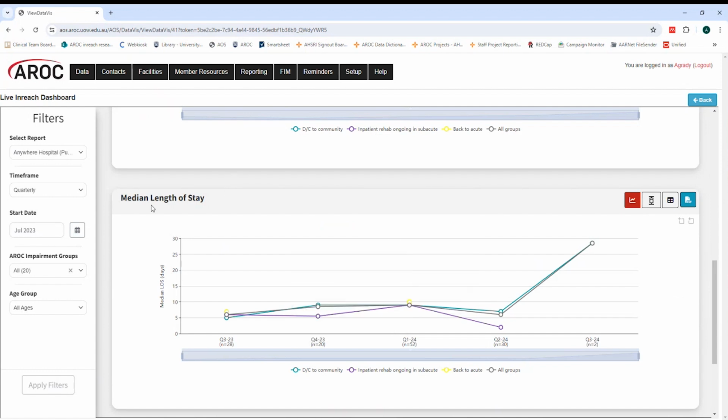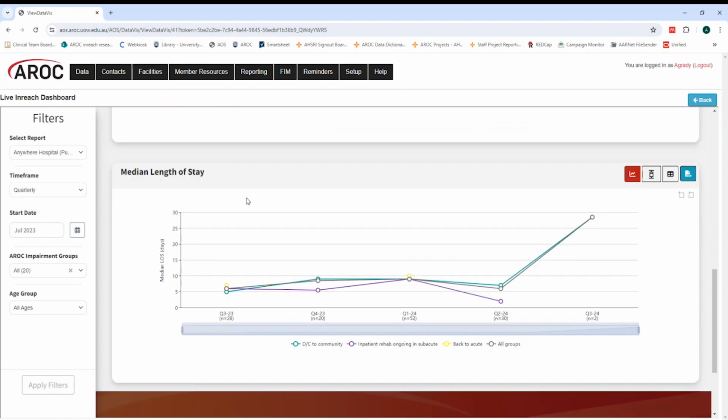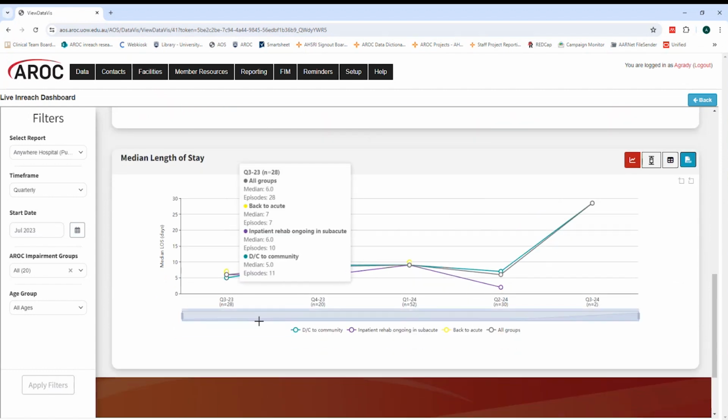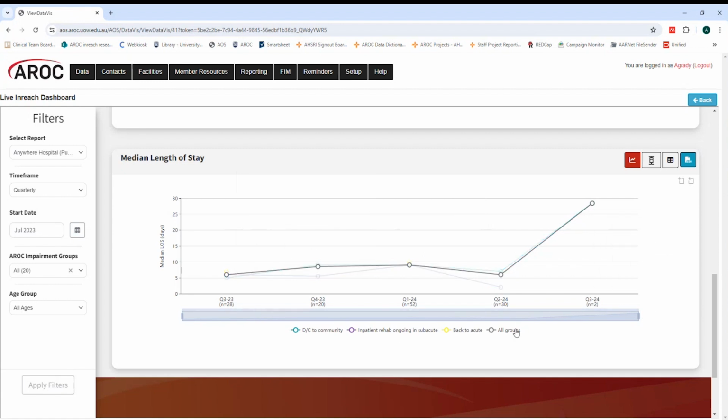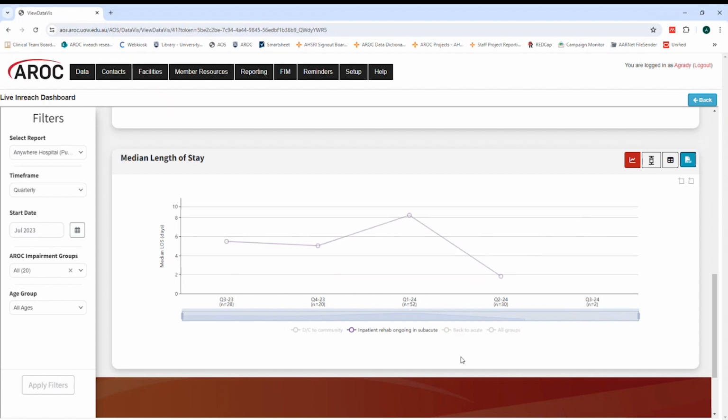The last one down the bottom, median length of stay. So again here, it functions the same as the previous ones. We have the 4 different groups in the different colours, and we're looking at the length of stay in Inreach. And it's worthwhile noting that particularly, say, for this purple group, where we're looking at length of stay for patients who are going on to subacute rehab, this may well be affected by your availability to source and get beds